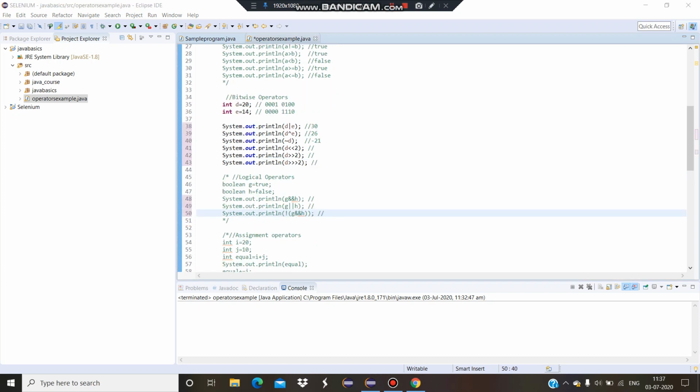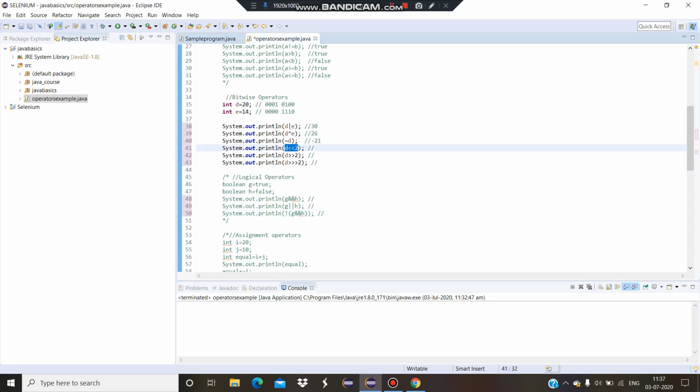The next operation is the left shift operation. The variable that we are using is shifted the number of times that we specify here. I am specifying 2, so it will left shift 2 times. So the answer would be 80.